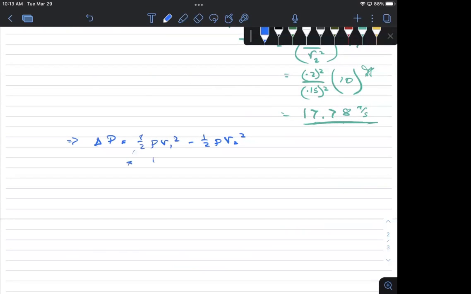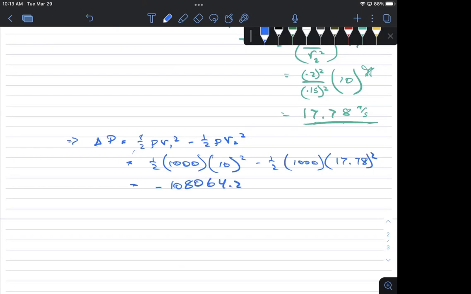Plugging in the numbers, I have 1/2, rho is 1,000, V1 was 10 squared, minus 1/2, rho is 1,000, V2 is 17.78 squared. And now I have the equation with all the numbers plugged in, and I can calculate the number. So when I calculate this number, let's see, I get minus